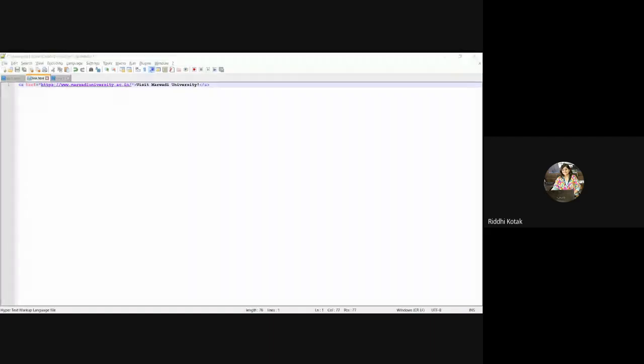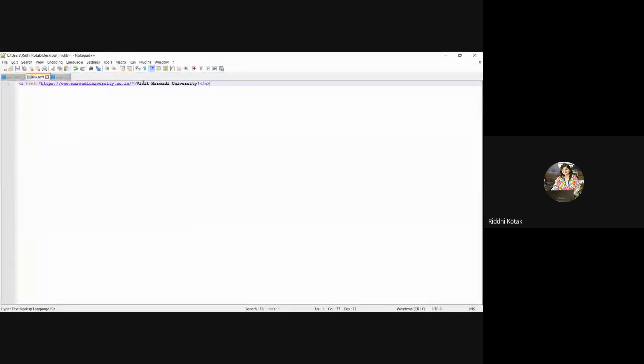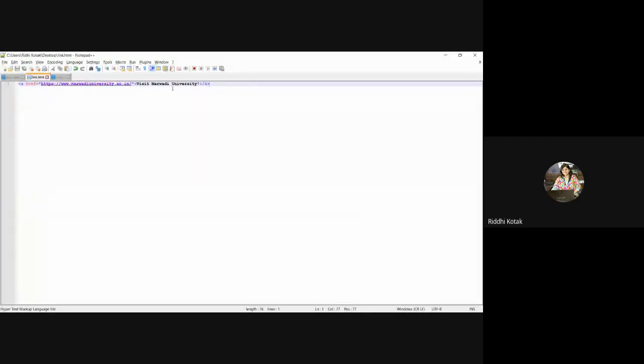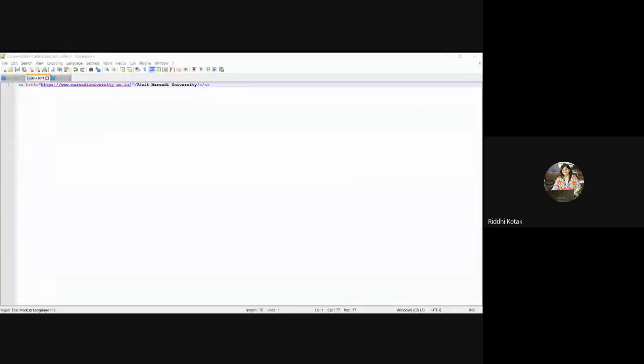Then you can apply any text. Once you are redirected, you need some text on which you will click and then you will be redirected. So I have written "Visit Marwadi University". Then you have to complete that a tag, which is for the hyperlink. So this is the syntax. Just in your editor, open a new page and use the syntax. You can give any website. Ma'am, yes,